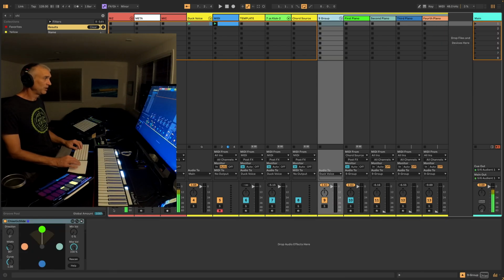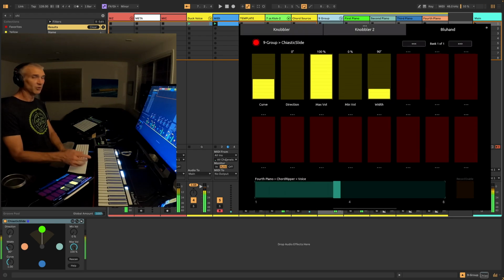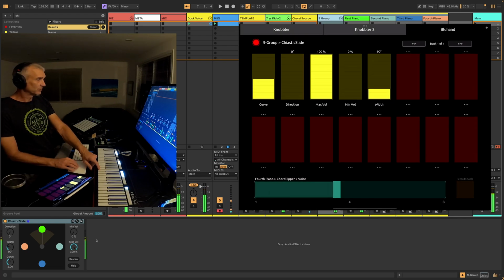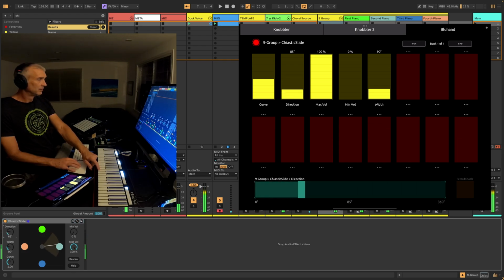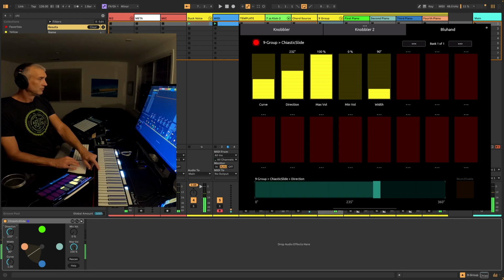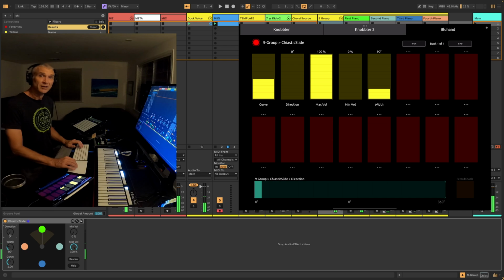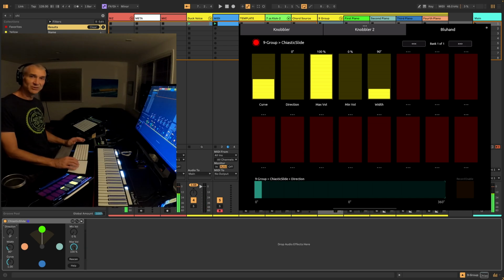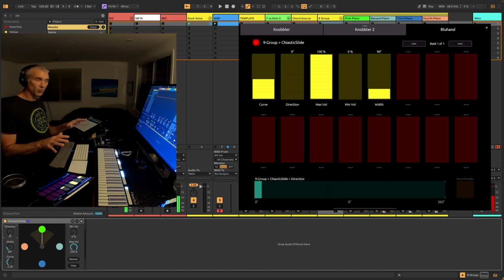We'll go back to the group, and now we see the colors are correct. Now let's play a note. Now we're only hearing that one note, because we're pointed at the green ball. And if we change this direction, let me turn off that kick for just a second. Okay, so this gives us an interesting capability of being able to spread out the notes of a chord across